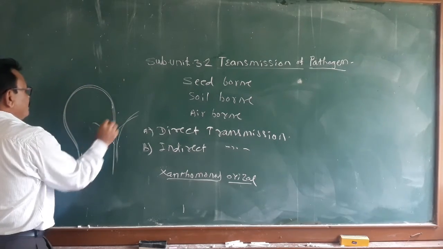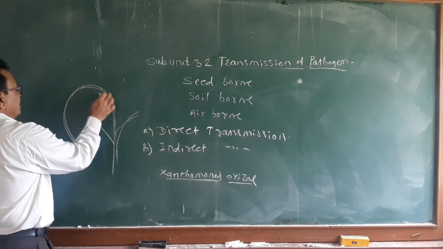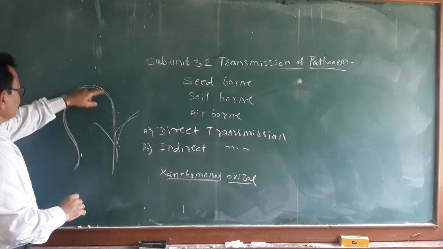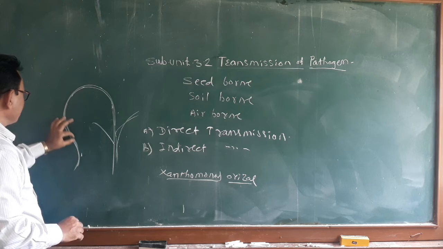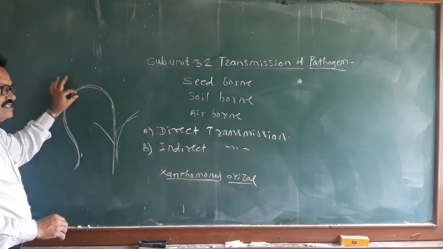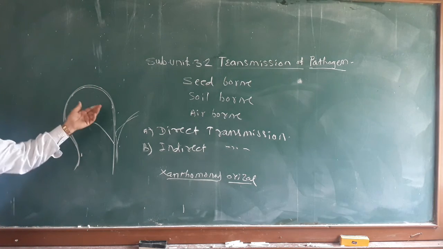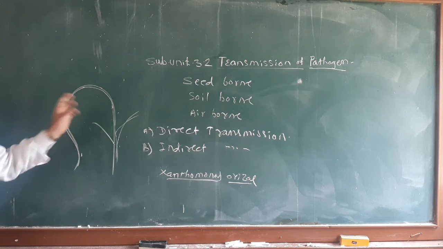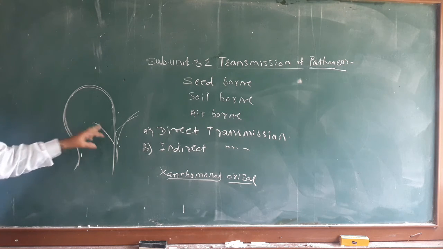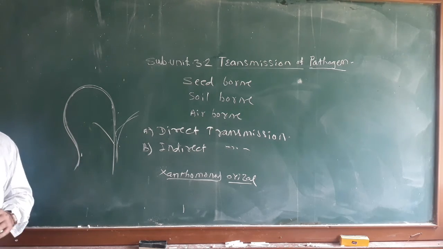It is the whip smut, and the tip portion of the sugarcane can develop into a sooty mass, and it contains the chlamydospores. It is called the whip smut. Because of the whip-like shape at the top, it is called whip smut, and it is caused by the fungus